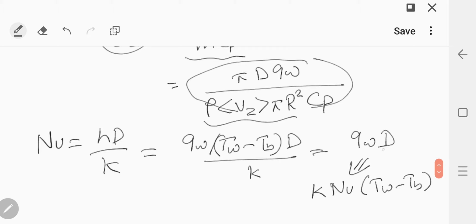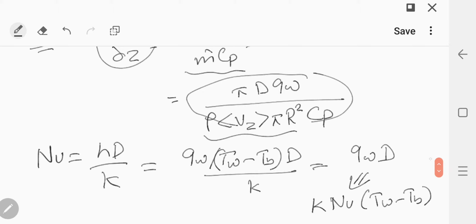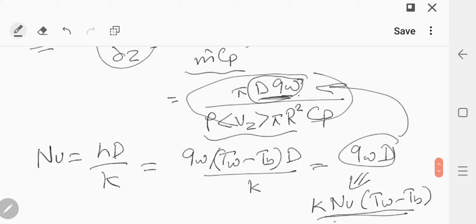Now where is Qwd occurring? Qwd is occurring over here. So finally your dT by dz, which was in terms of this expression, we have simply replaced d into Qw in terms of your Nusselt number. So substituting all these expressions